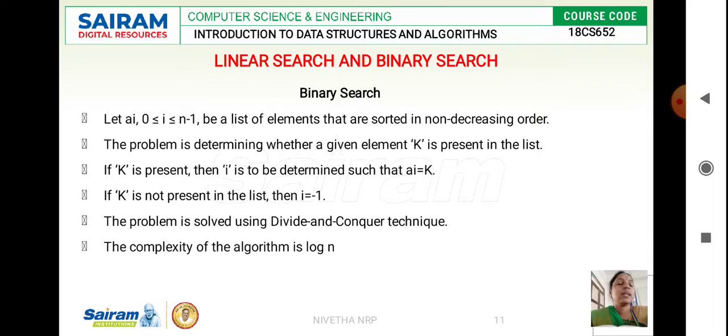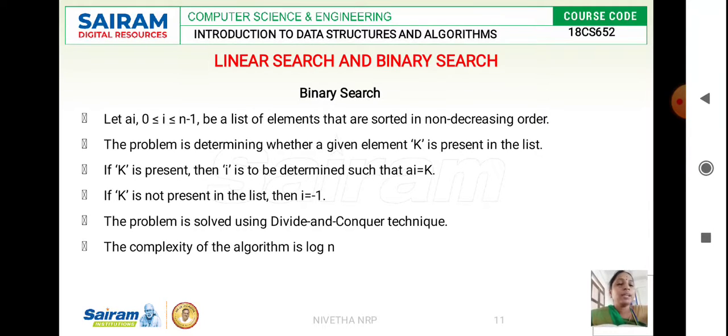Binary search is applicable only in the case of a sorted array. Only when the array is sorted can you implement binary search. It follows the divide and conquer technique. As we have already seen in quick sort, we choose a pivot element, and the values less than the pivot should be towards the left, and the values greater than the pivot should be towards the right.